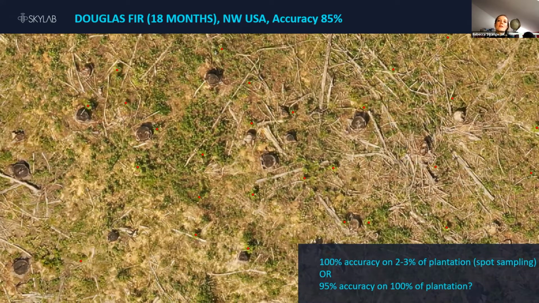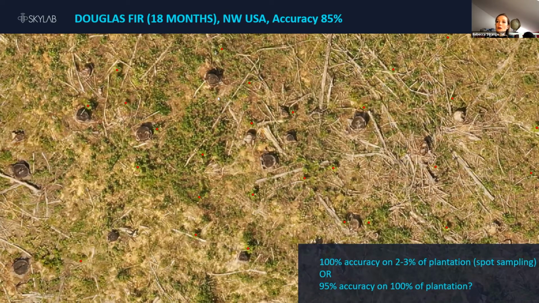And of course, this is really the question, and where I think the major advantage of this technology comes in is that you may have 100% accuracy when you do it terrestrially in your sampling plot, but that maybe only covers, say, 1 to 3% of the total plantation. So in that case, where our standard accuracy is 95%, but let's say even 90%, that 90 to 95% is covering 100% of the plantation. So you still get the complete picture.